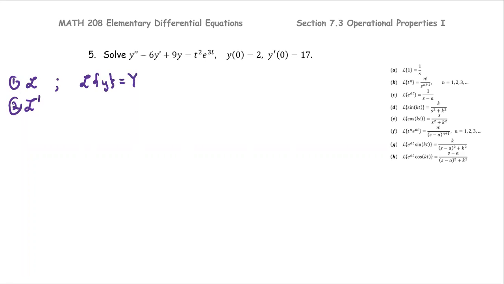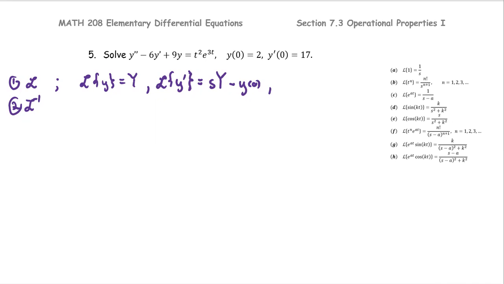notation capital Y. And then the Laplace of the first derivative is s. Recall the Laplace transform will turn out to be a function of the s variable. So the Laplace of the first derivative is s multiplied by the capital Y, which is the Laplace of the solution y, minus s to the power 0, which is 1, multiplied by the initial condition at the 0